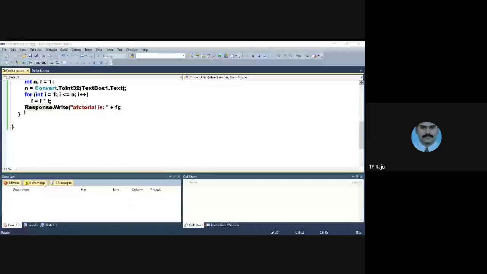Okay, see, in this logic, we wrote the line Response.Write. Response is the class. It contains the Write method. This method shows the message on the output window. That's why output window means web page. That's why I give that f value to the function along with the message. That's why you are able to get the answer. This is regarding finding the factorial of a number and knowing about the IDE of .NET. What is Solution Explorer, what is the properties window, what is the toolbar, how to get the controls, everything.